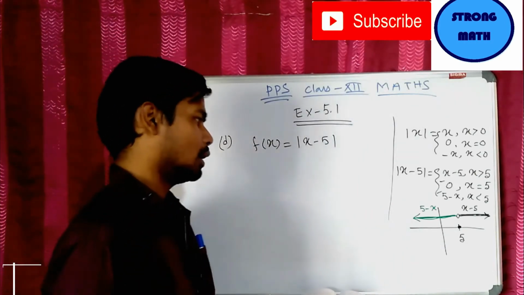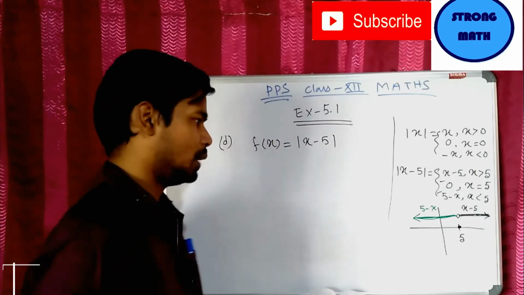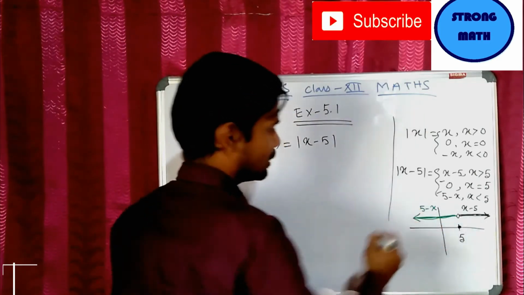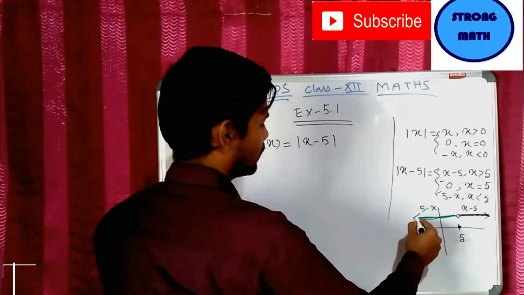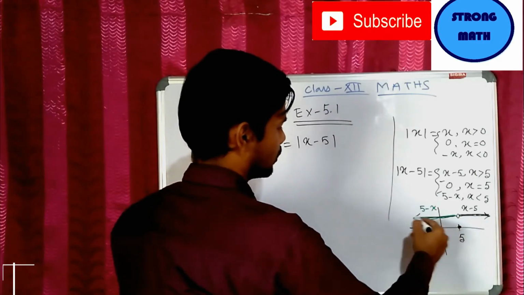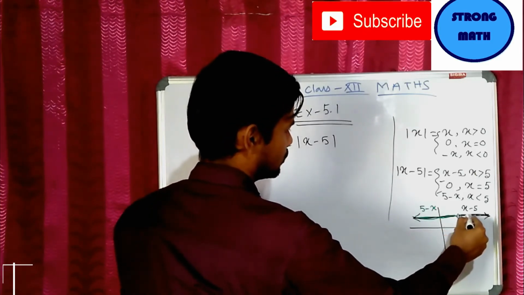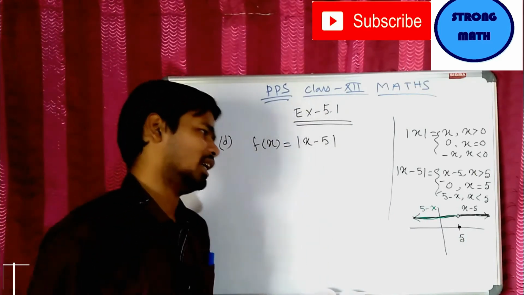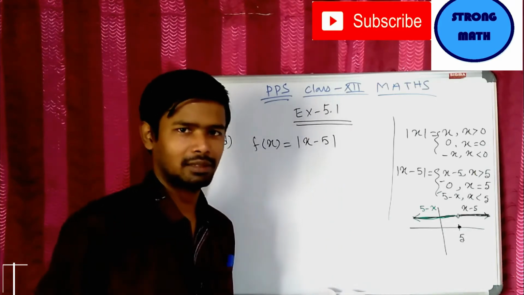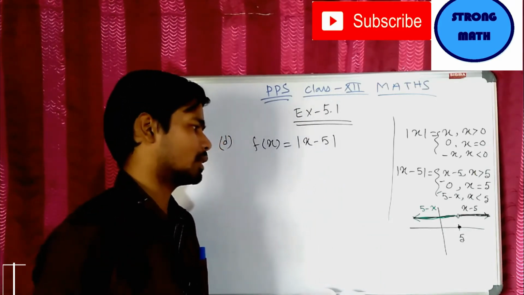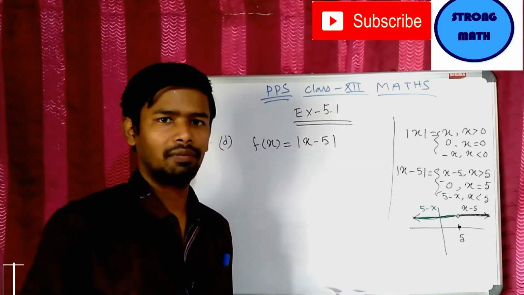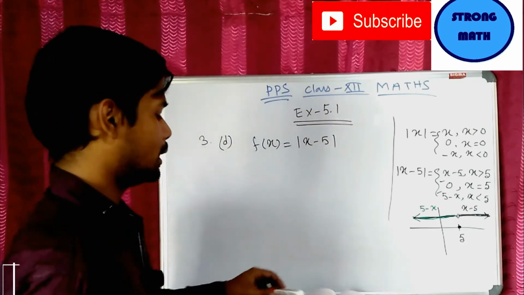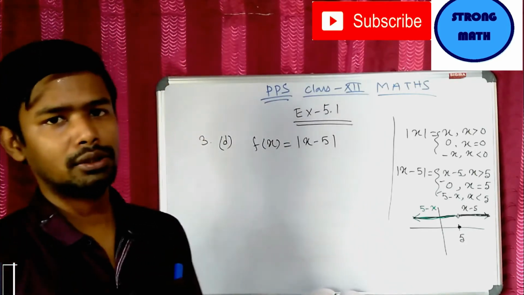If we can check the graph by using a pen, then you can easily say whether the function is continuous or not. How? Starting from here, going along the line, no need to lift the pen. By using that method, that is by observing the graph of that function, we can say that the function is continuous. But mathematically we have to prove whether the function is continuous or not.